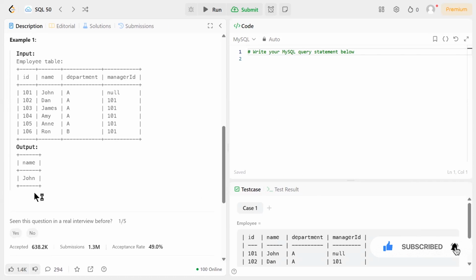Now how do we write a query to get this result? The plan is simple: we will group employees by manager ID to count their direct reports, filter only those managers who have 5 or more reports, and then return their names. So let's write the SQL query to solve this problem. We will select e.name, because we have to return the name of those employees, from the employee table